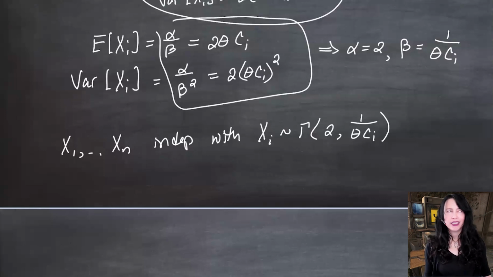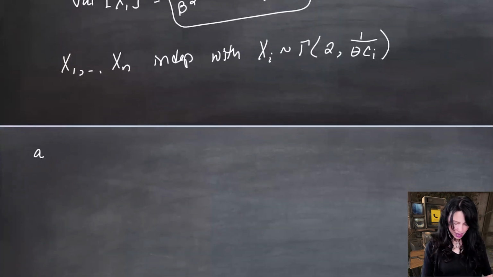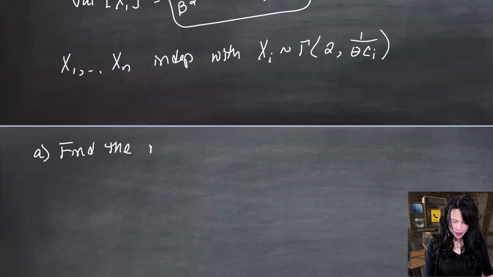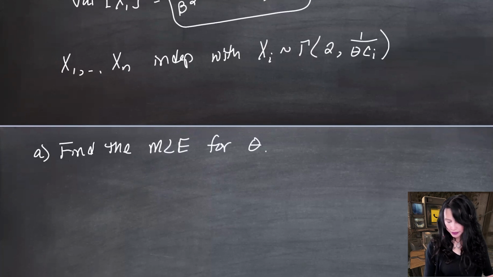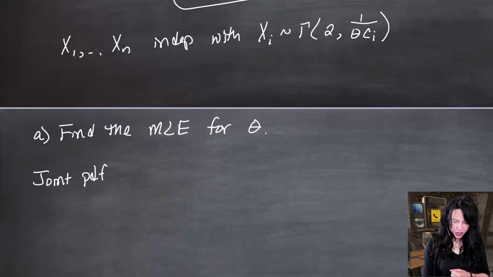So what's the problem? I didn't write down any problems yet. This is going to have 3 parts. In part A, I want to find the maximum likelihood estimator for theta. We got to write down a likelihood. We got to start by writing down a joint PDF. So let's do that. The joint probability density function, this is f of a vector of x's and theta, and